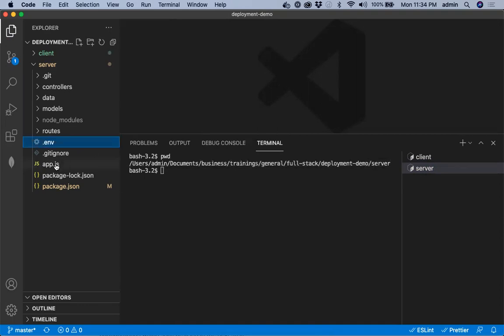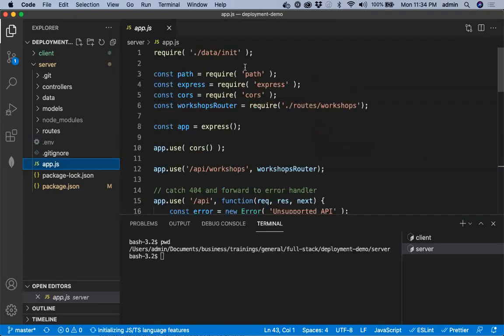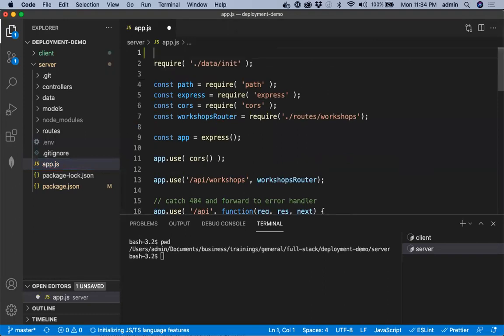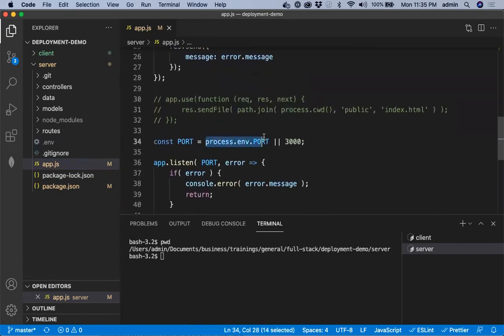So we'll make a few changes. First we'll open up app. The first step is to load the .env file. We will require the dotenv module that we just installed and call its config method, which will load the key value pairs as variables in process.env. So now this will really be set on process.env, because we set the port as 3000. This is not really required, but let it be.